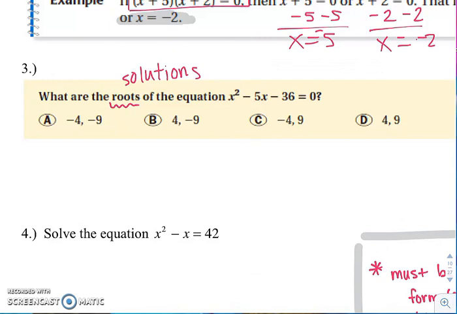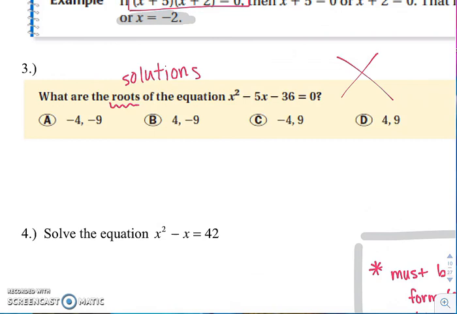So you guys could do your diamond and try to think, okay, what multiplies to get you negative 36, but adds to get us negative 5? Well, that would be 9 and 4. The 9 would have to be negative. So the factored form of this equation is x minus 9 and x plus 4